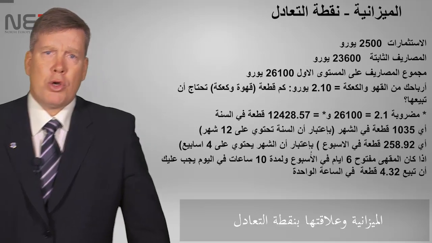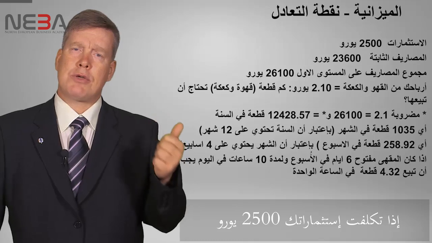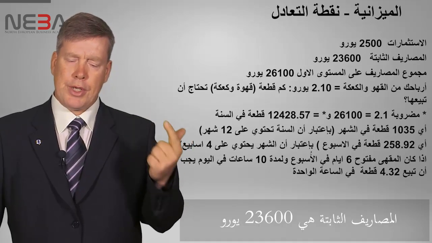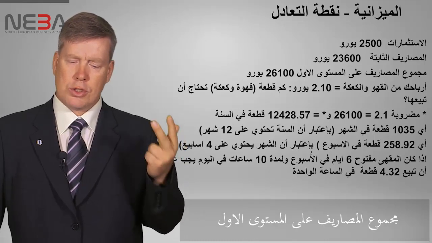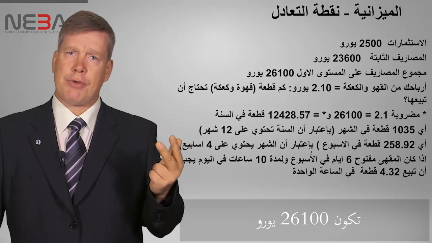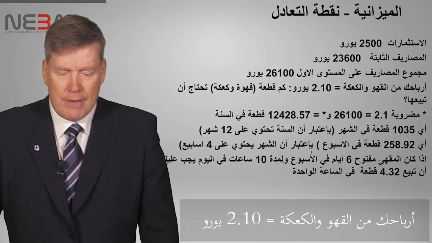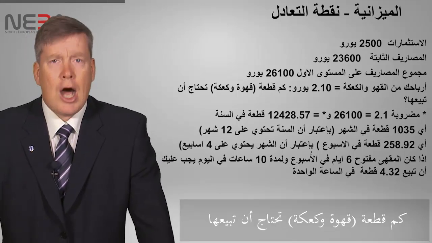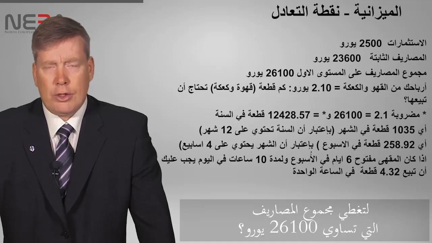Budgeting break-even point. Investment for you costs 2,500. Fixed costs 23,600 euros. Total cost in the first level is 26,100. Your profit from coffee and muffin is 2.10 euros. How many units do you need to sell to cover the total costs,